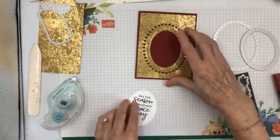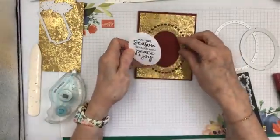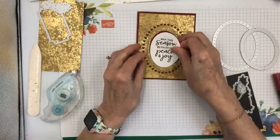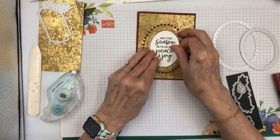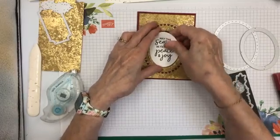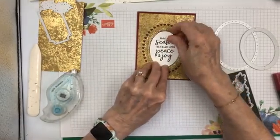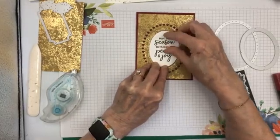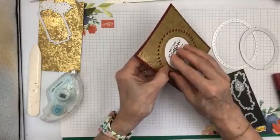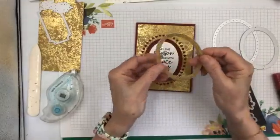Okay, this is the wrong side. Let's see if I can get it lined up really well, because I want it to be so that the red background doesn't show. I guess that will do. Since the paper is thin,